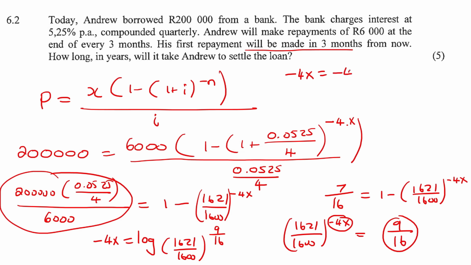And so you should end up with negative 44.1243. We can round off now because we finished with logs. Then to get x alone, you just divide everything by negative 4. And that should give us